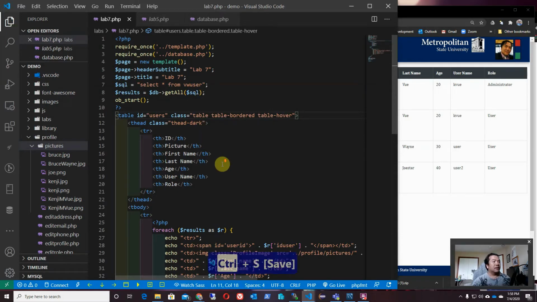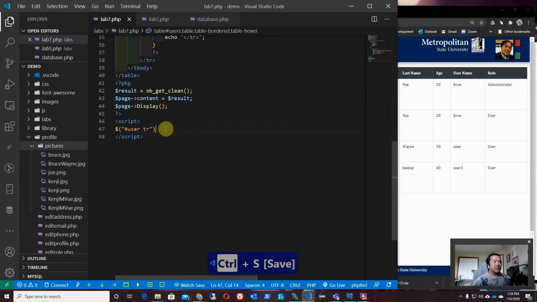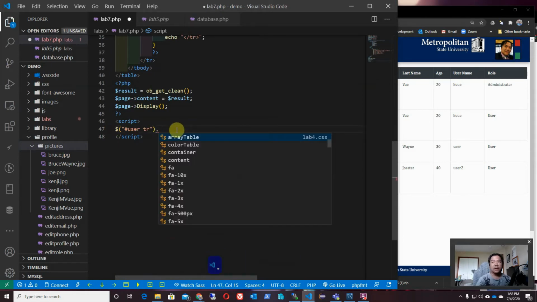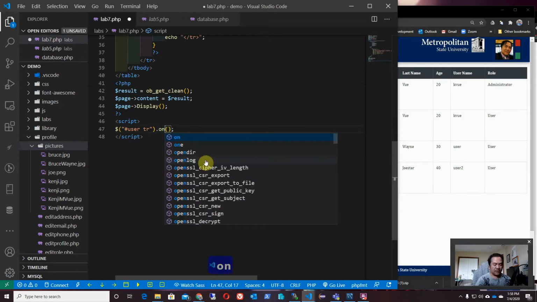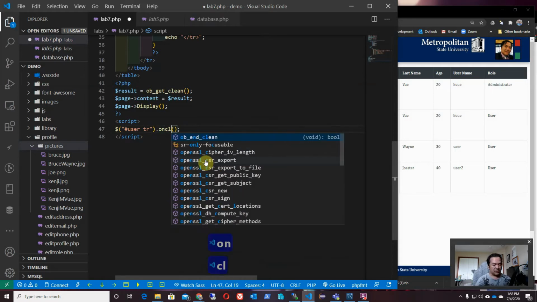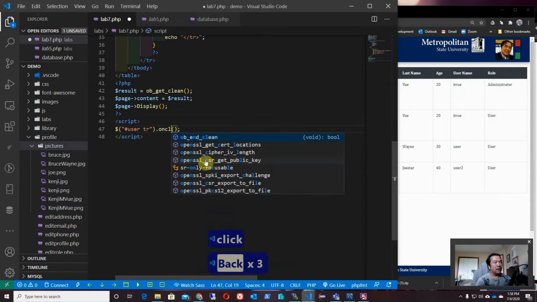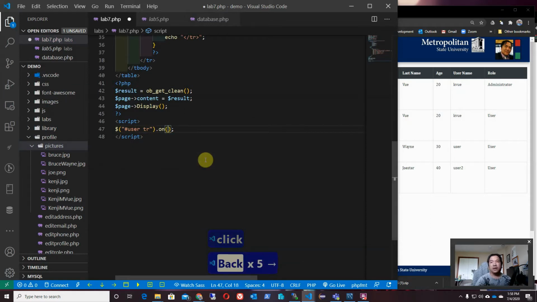Yeah, we need the ID here so we can actually retrieve the users. Okay, so users click, right? So when we click, or you can go on click. On. And then